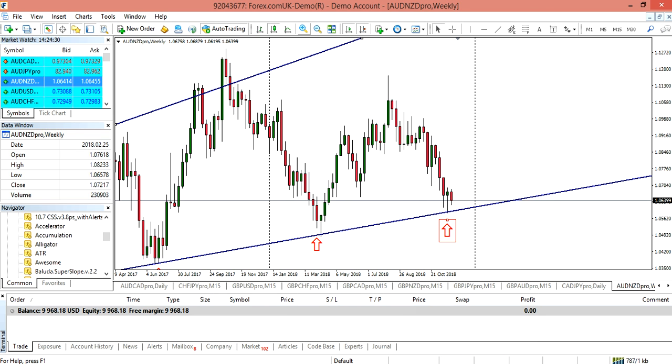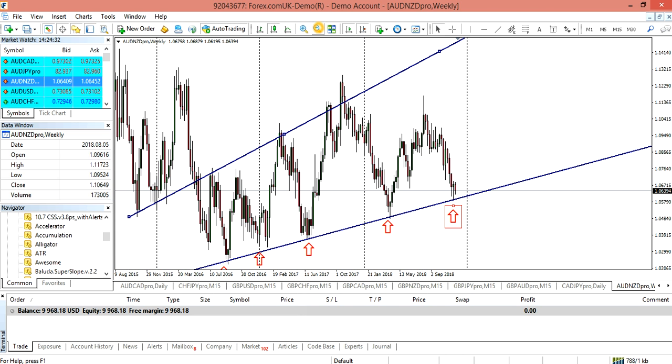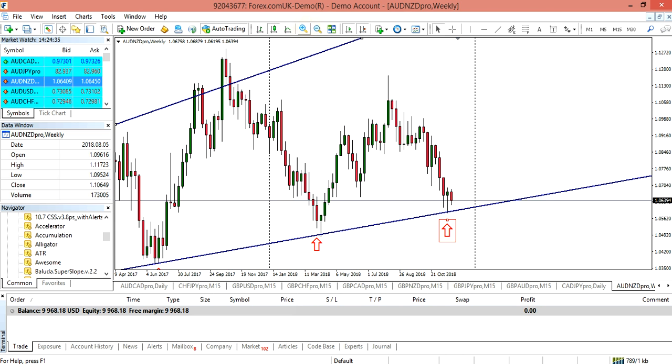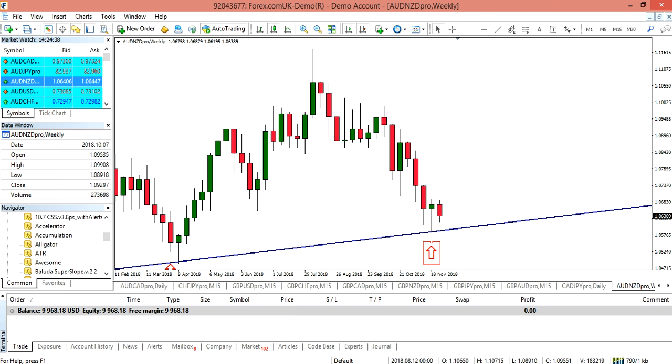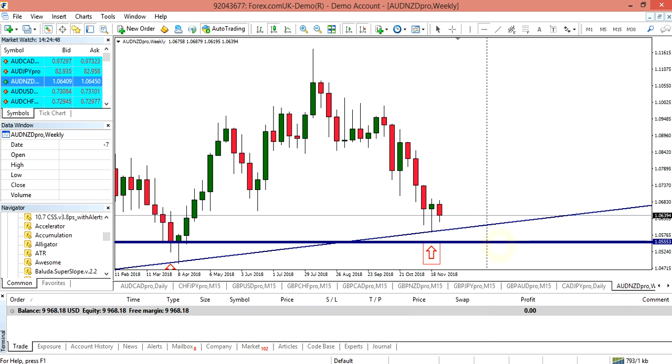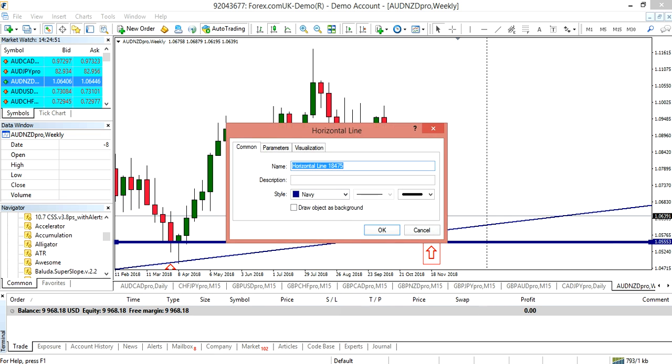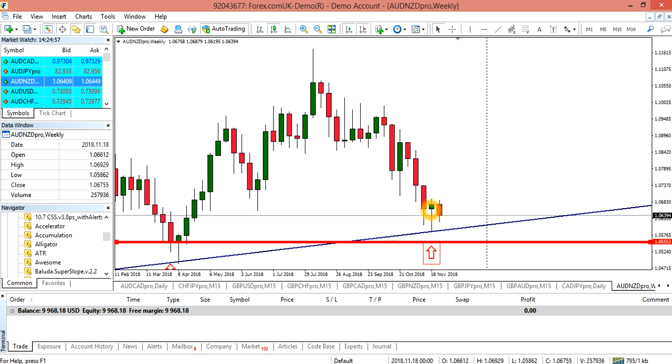Now, if I am going to buy, okay, I want you to look at this carefully. If I am going to buy, right, this market could still potentially touch this line again, even though it has touched it right here. So I want to put my stop, and I'm going to put this in red. I would like to put my stop below the low of this candle. Now this candle, the low of this candle, if you look over here to the far left, you'll see the low. The low of this candle here